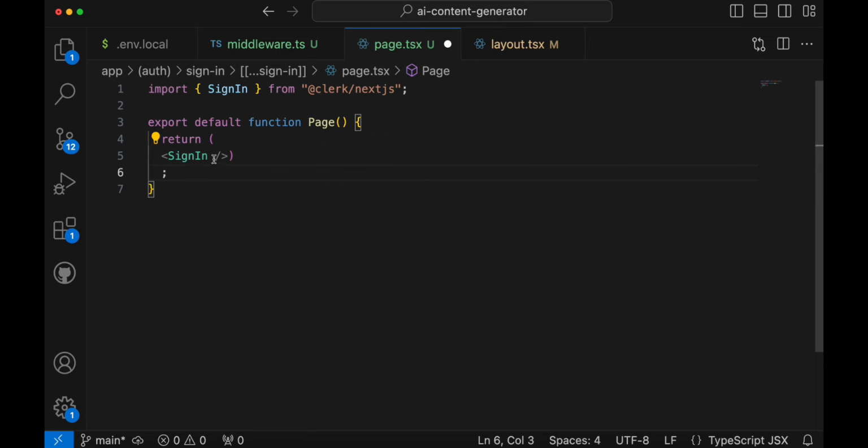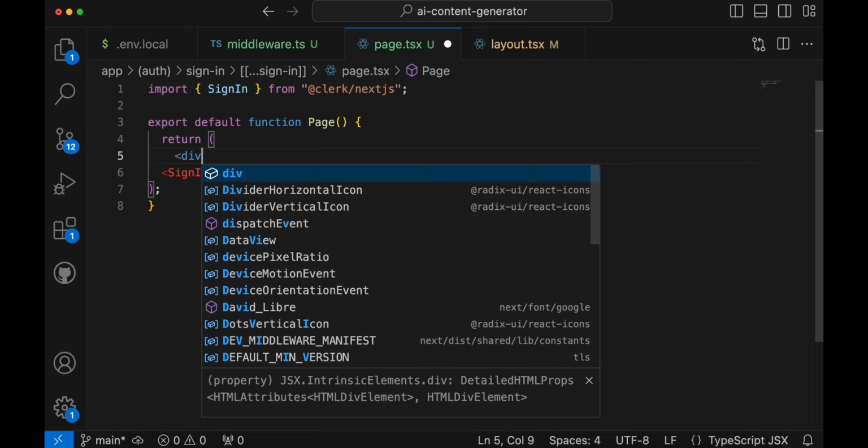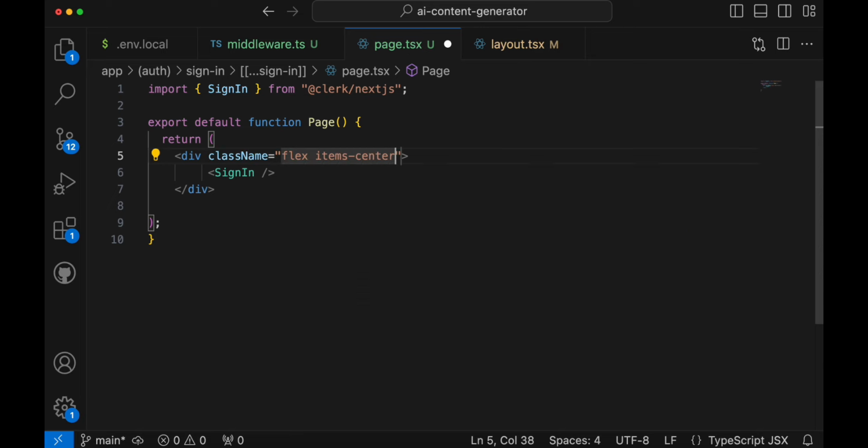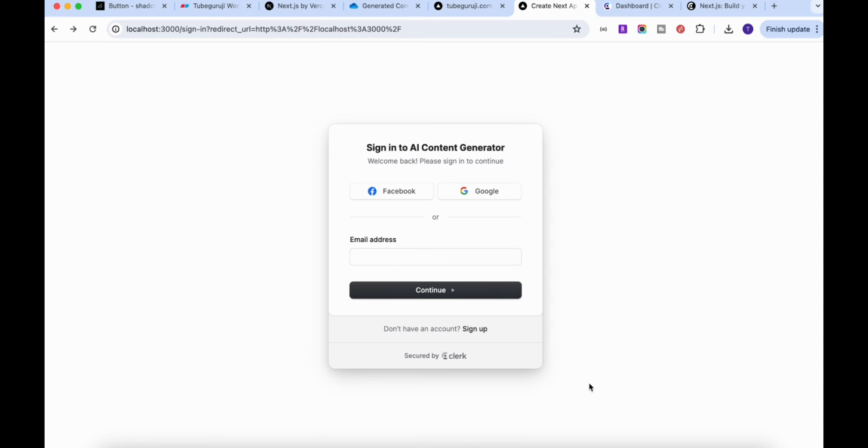So I will just wrap this up and we'll add a div. Inside the div, I'll put this sign in. Now for this div, we'll add a class name, make it flex, items to be in the center, and then justify center. We'll give height to the screen, and boom, you will see your login screen in the center of